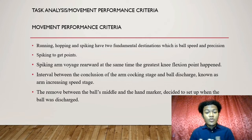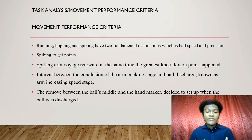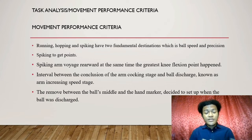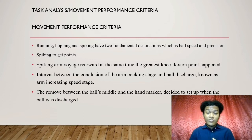To decrease the probability that the opponent will catch the shot, the ball must travel with the maximum velocity and accuracy possible. So, one of the foremost vital components of team volleyball is spiking to get the points. Okay, the spiking voyage rewards at the same time. The greatest inflection point happened, which was a simple